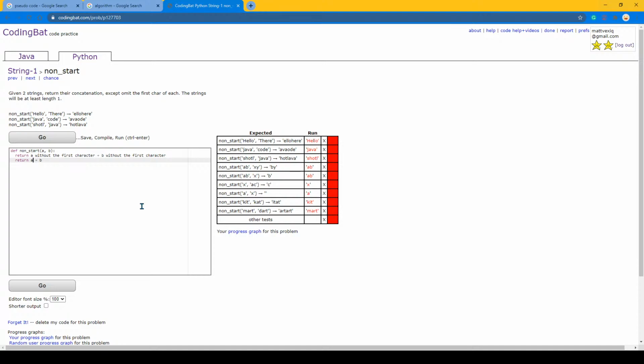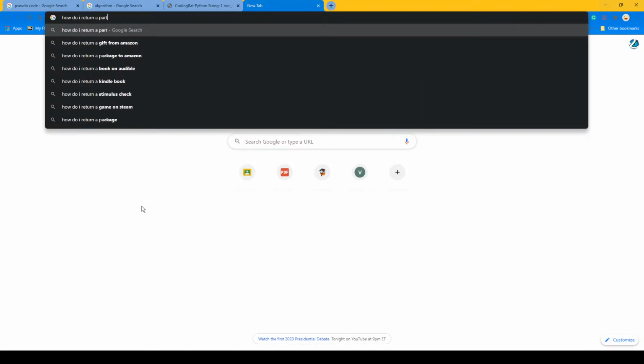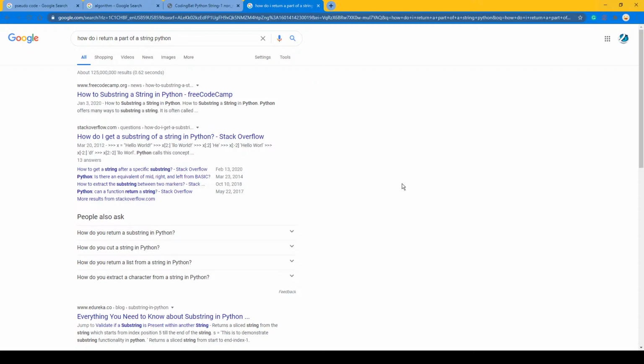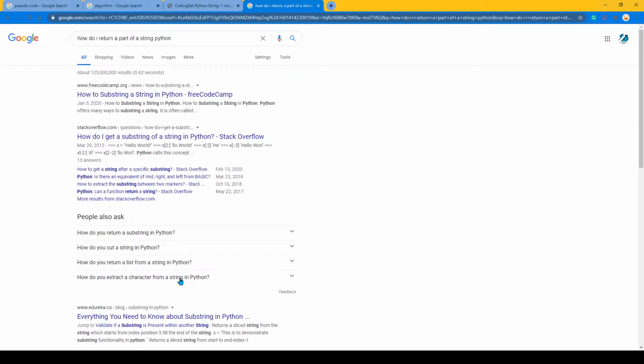Now, the best and most efficient and probably most accurate way is using Google. You just search up, how do I return a part of a string? And make sure you put Python in there. And you'll see you get all of these results. Typically, you're going to try and stick with the first 5 to 8 sites, and most of the time, as long as it's a pretty general question, it will be answered to your satisfaction within these 5 to 8 websites. So we're just going to go into the first one,